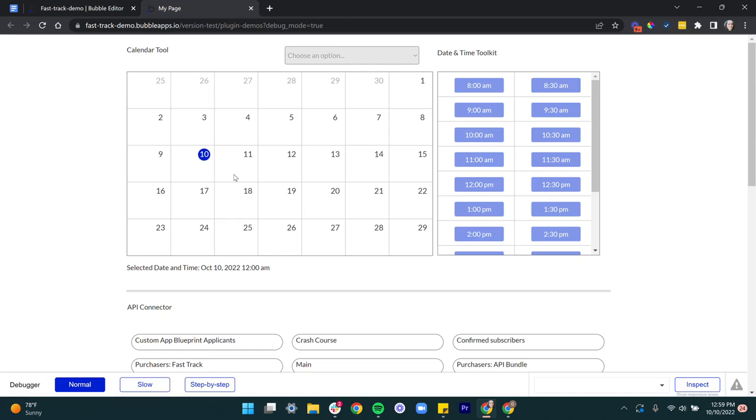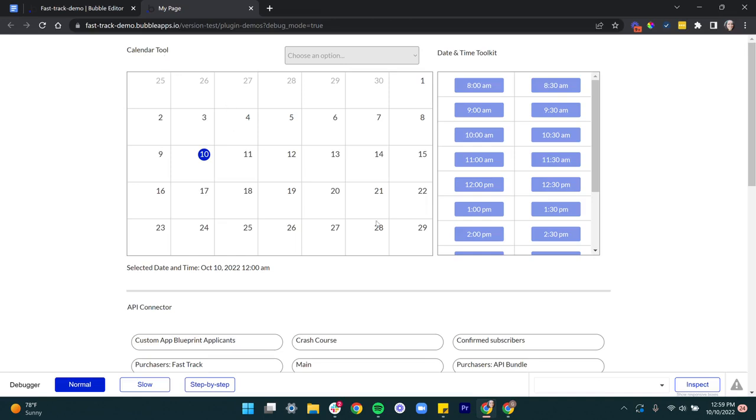This gives you much more control compared to Bubble's full calendar plugin, which is more of a basic calendar output, which of course suits a lot of basic needs. It's definitely a calendar that works out of the box. But if you need more custom capabilities around an interactive calendar, then I definitely recommend working with the calendar tool plugin for this reason. Now, with a lot of our clients who have scheduling and booking features, they'll often want